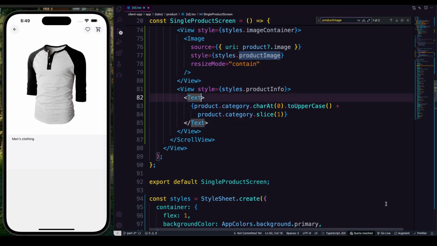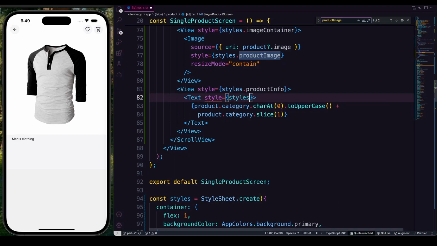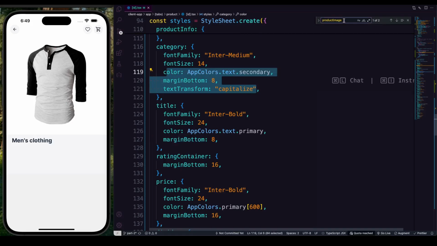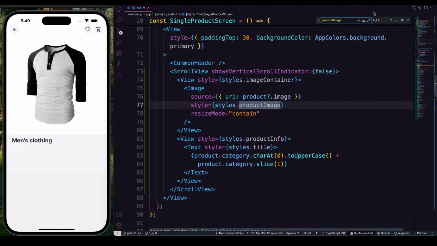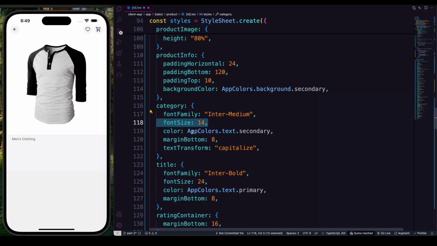So right now, also for the text, which is going to be a text of title, it should be style styles dot title. And for the title, we are combining font family Inter-Bold, font size 24, color is textPrimary, and marginBottom 8. So the same length of the Inter segment is going on. After that, here we are providing the category and then the title. Okay, I think I made a mistake. It should be category. Yeah, that should be that one. So this should be font family Inter-Medium, font size 14, color AppColors textSecondary, marginBottom 8, and